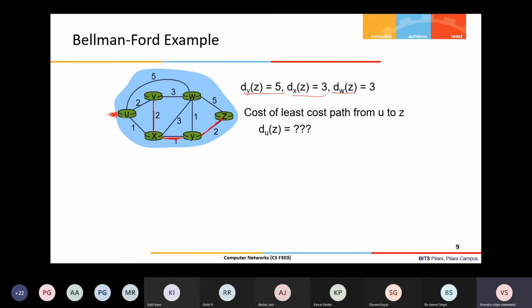Least cost from W to Z: W to Z direct link is 5, but that's not the least cost. W to Z is via this Y, so basically 1 plus 2, which is 3. So U to Z, what is the least cost? U to Z cost is 4.